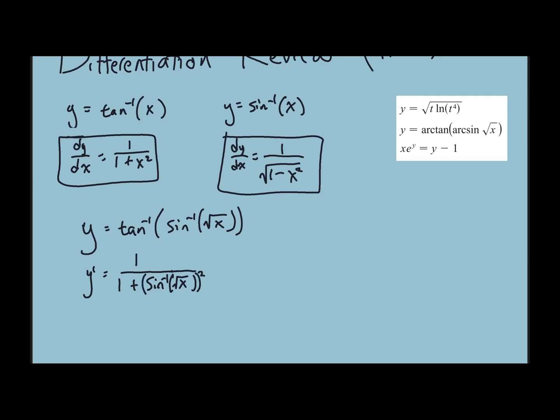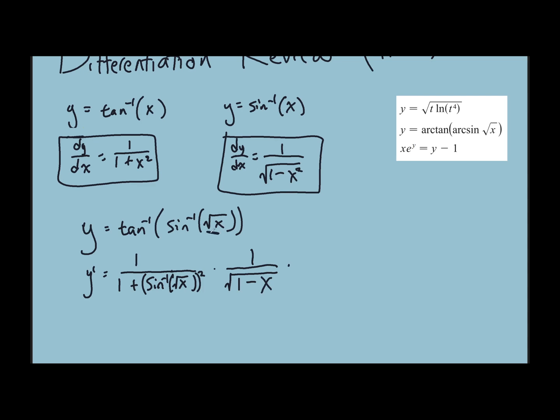Just to be clear there, because it's not to the -1 to the 2. That's why I hate seeing it written this way. I don't like it. Okay, now what's next? Chain rule. We're going to be multiplying by the derivative of the inside, which we've already worked out, is 1 over the square root of 1 minus x squared, but it's the square root of x that we're squaring, so this should just become an x,